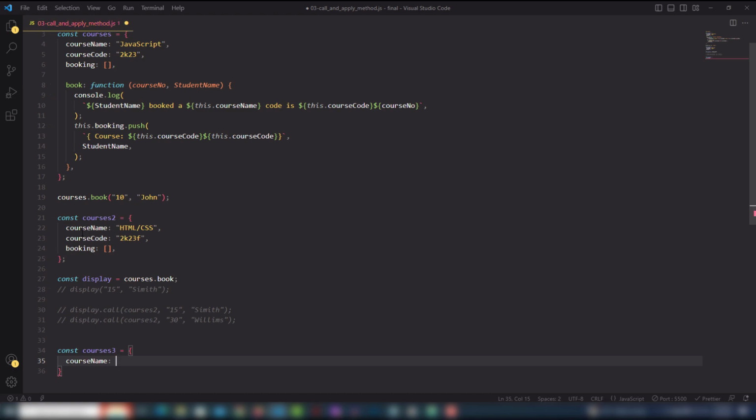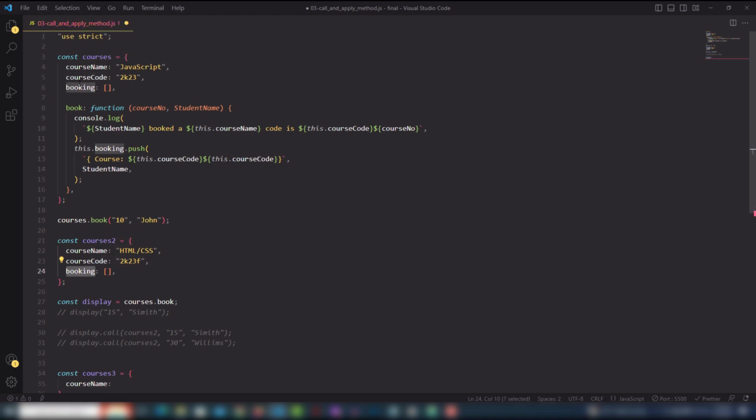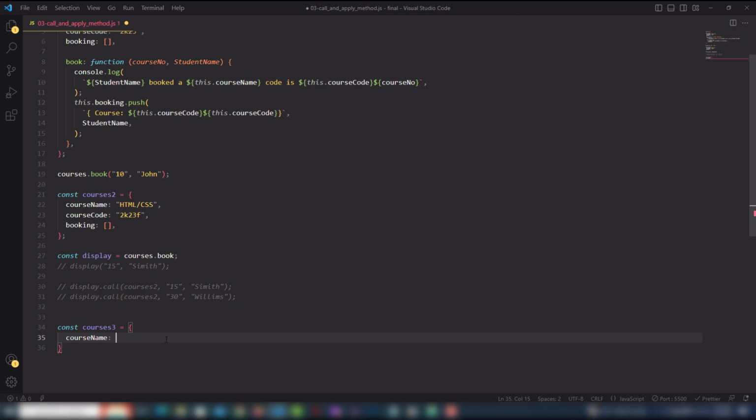I've used the same keys that I used earlier: course name is the same, course code is the same, and booking is the same. I used similar keys, but I change the values in the next object. Also I will create another object, courses 3, which will be SQL Server,